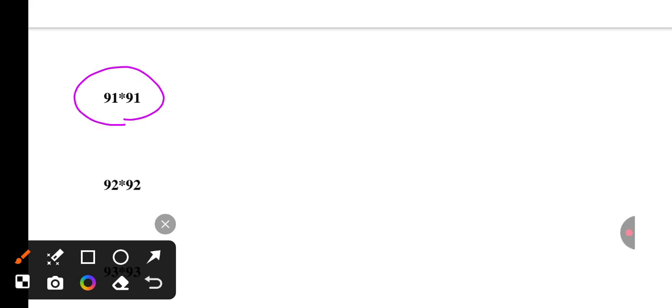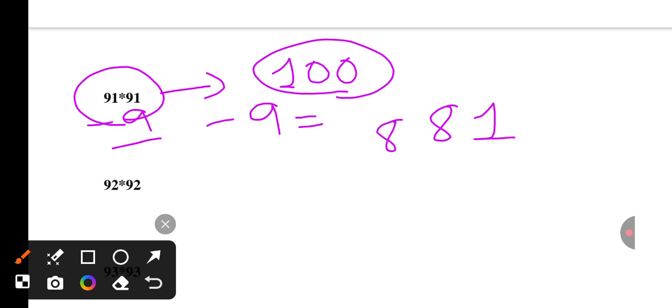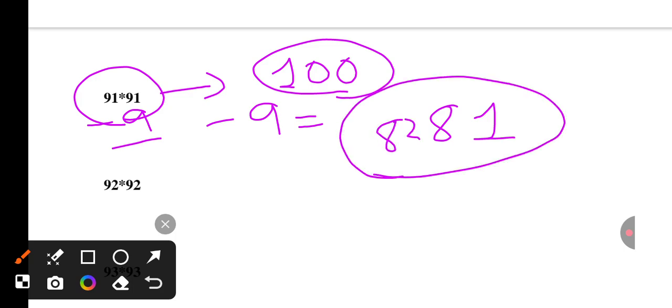Okay, here don't compare with 50, here compare this value with 100. Okay, first compare this value with 100. How much is it less or more? See, comparing, it is 9 less. Do 9 square, that is 81. Okay, 81. Next step is deduct this 9 from 91. It will become 82, means 8281 is the answer of 91 square.